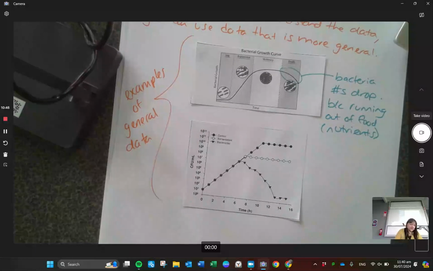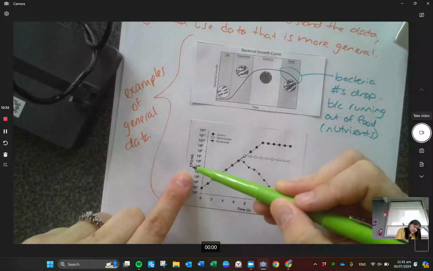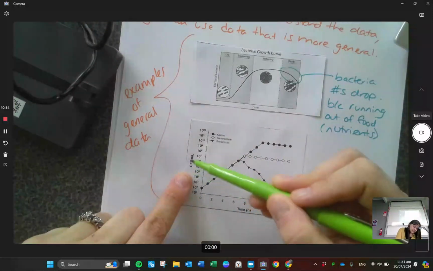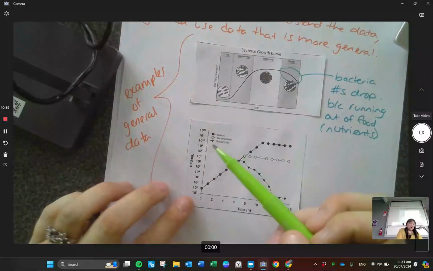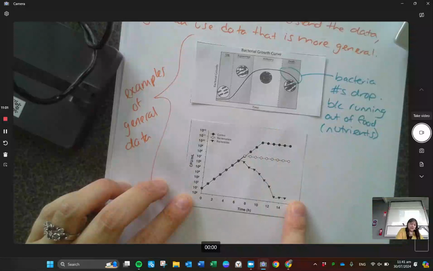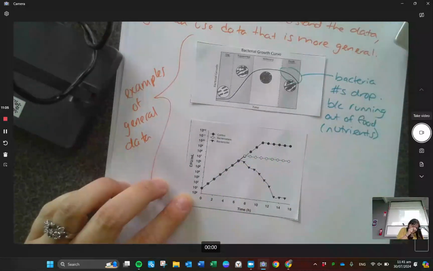So what we see here in this case, let me grab a different color, is a different graph. You see there's time, and on this one we also see the CFU, a measurement of the amount of bacteria there. We have three different bits of data. We have the control, which is the dots. We have the bacteriostatic, which I need to double check what that is. And then we have the bactericidal, which is,